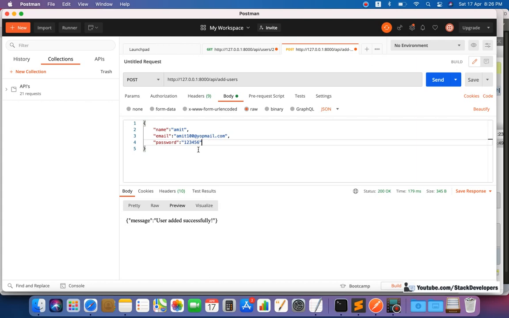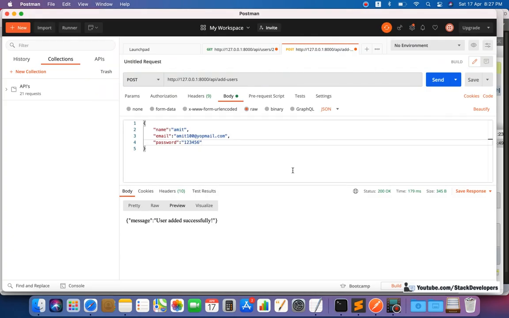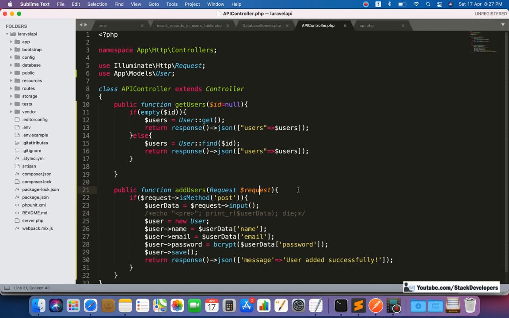If the third party is sending you multiple JSON data, or multiple records, and you want to save them, like 3-4 records at a time, or an Android app does bulk registration, where bulk records are coming to you, then we will not do it like this. We will do it in some other way. Here we will add an array of JSON data, and we will use a foreach loop. That all we are going to do in our next video.